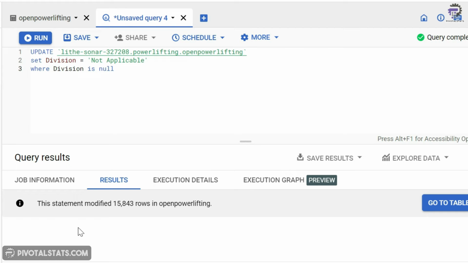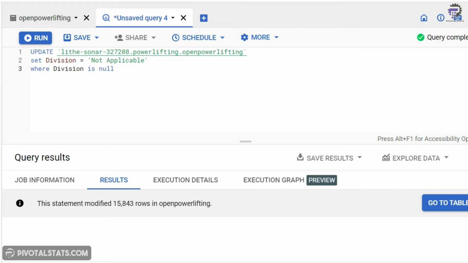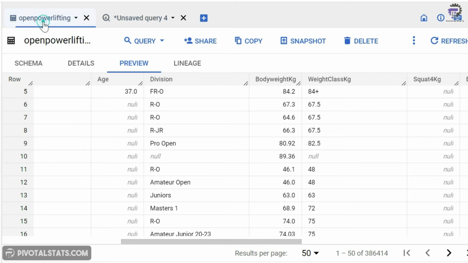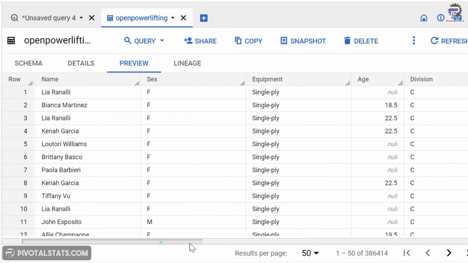But after it has executed, it will show you a message like this. As you see here, this statement modified 15,844 rows in Open Powerlifting, which means there were 15,843 rows where we had null values in division. Okay. And if I go back to my Open Powerlifting, go to preview, I will not be seeing that null